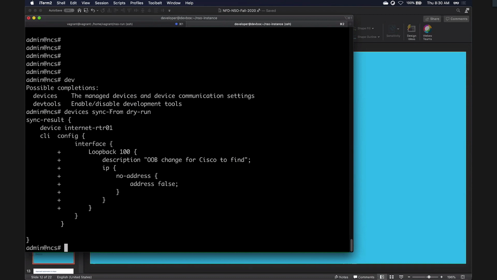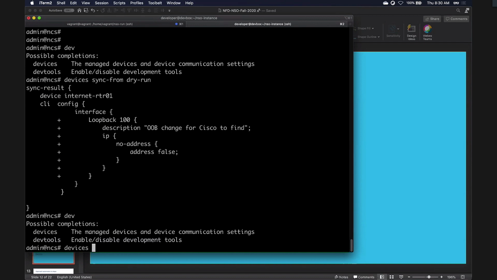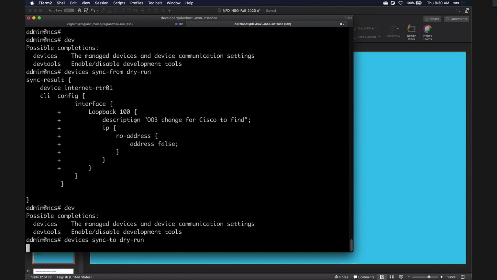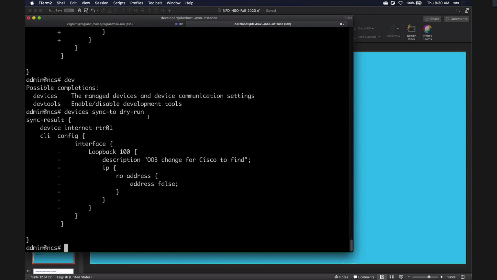So it automatically detects what the exact changes were, and it's going to update the local copy. Or I could say devices sync to, and it would remove that change. So it just depends on when you see the change, what do you want to happen? Do you want the out of band change? Was that a valid change? Keep it, or if it's an invalid change, wipe it out. So it allows you to treat NSO truly as that single source of truth, and it's able to update dynamically